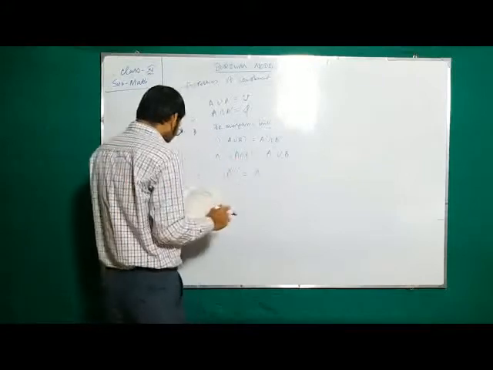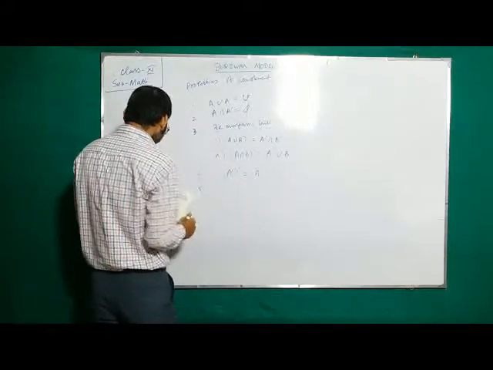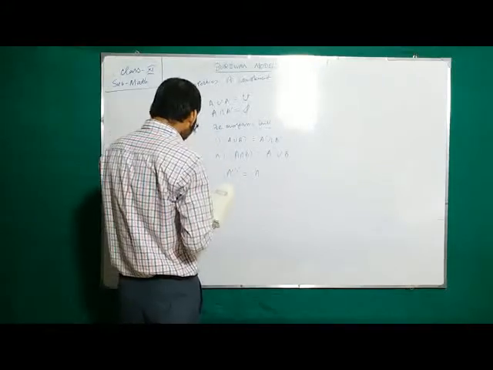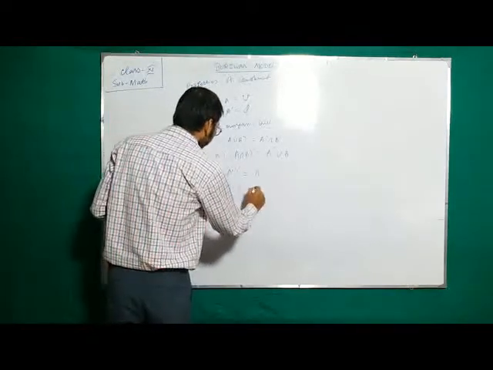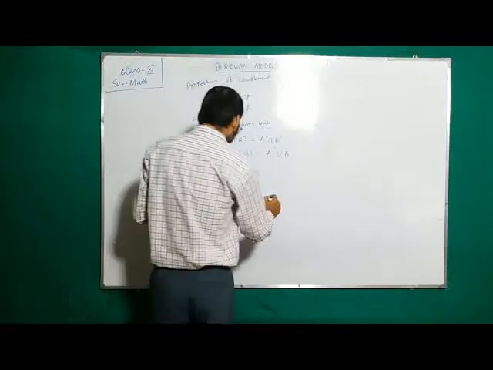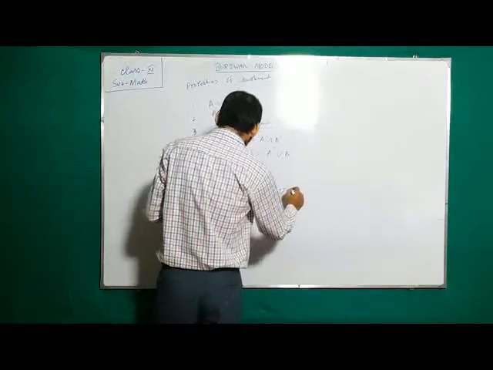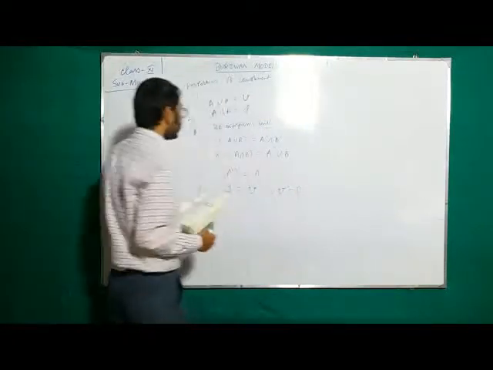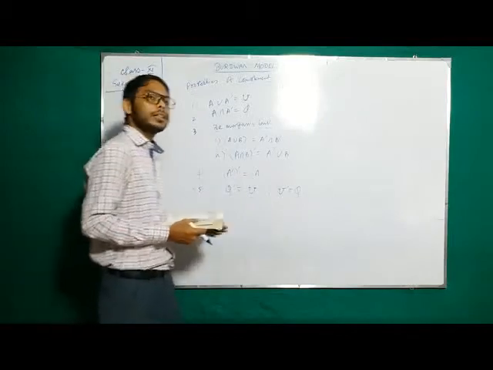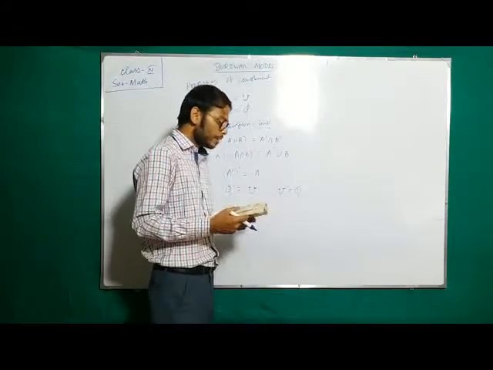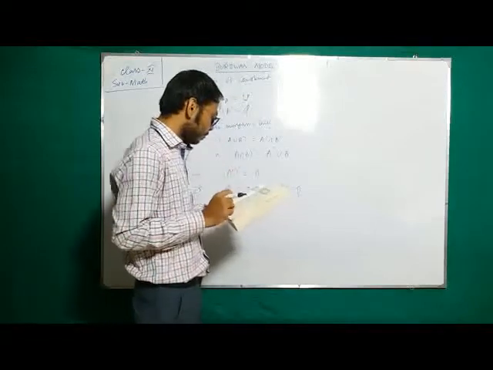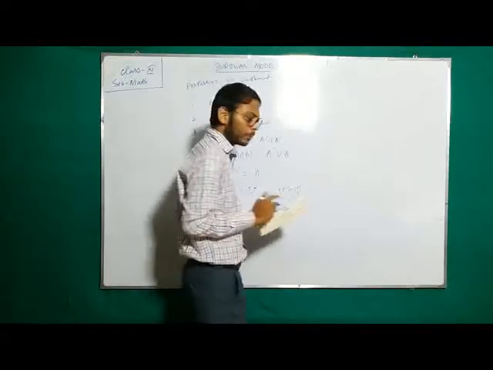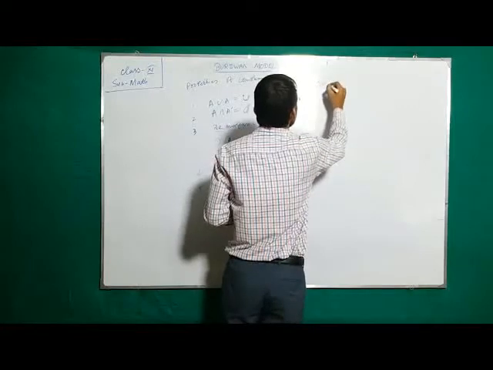The last property is the law of empty set and universal set. The complement of a null set gives the universal set, and the complement of the universal set gives the null set. These properties, again I am saying, can be verified easily by the Venn diagram; you can try to do it at home. So next I am solving just one problem for the complement from exercise number 1.5.